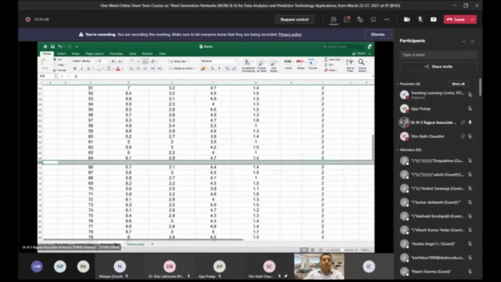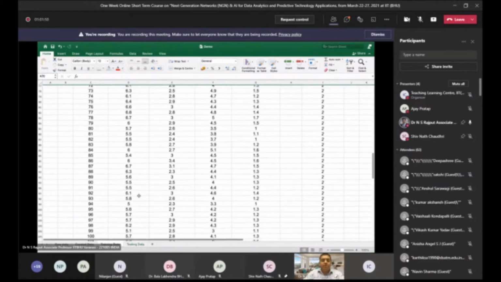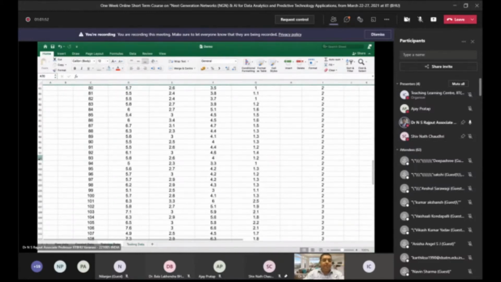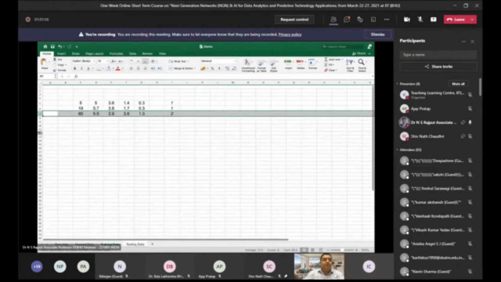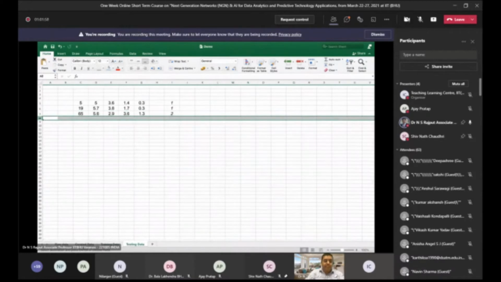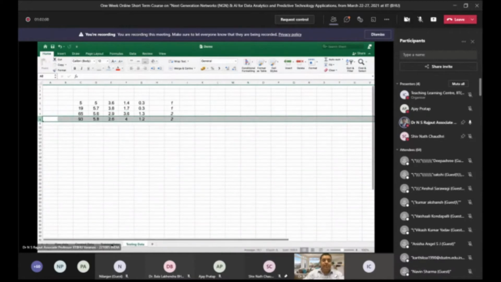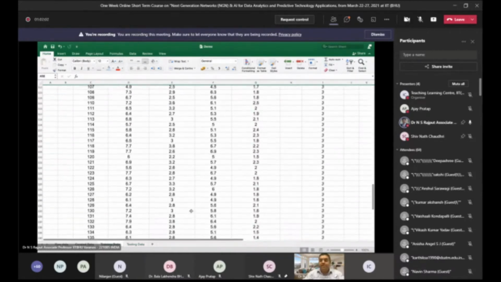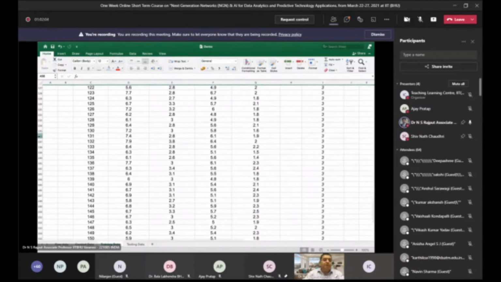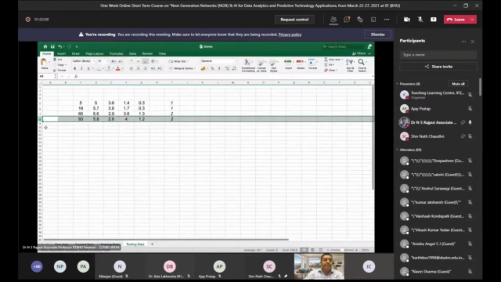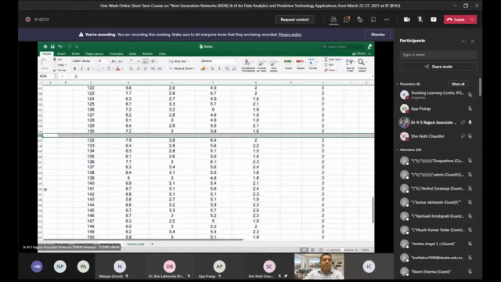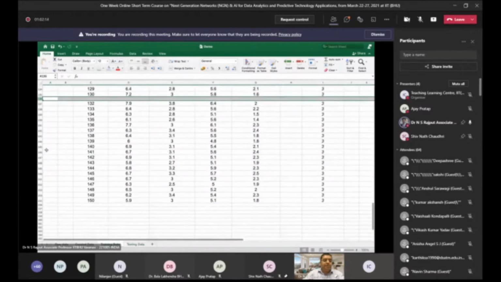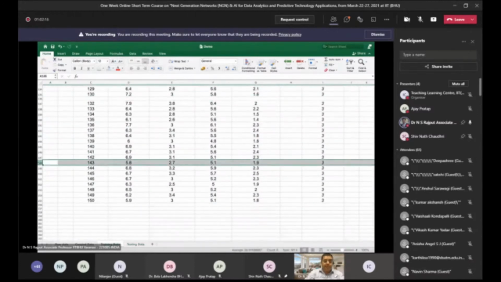Then let me go further down, take one more sample from category 2. So I have taken this. I will explain why I'm doing this. Okay, and then from the third variety also, let me take some sample and place it. Similarly over here, let me take one more sample